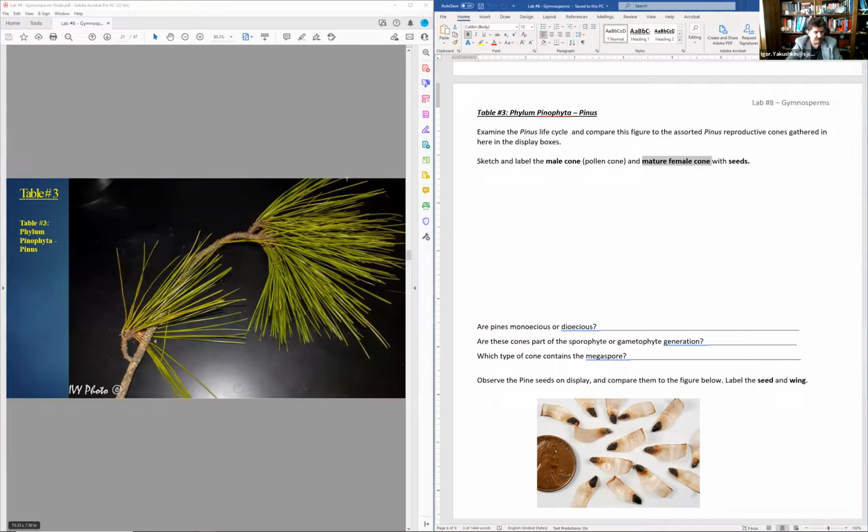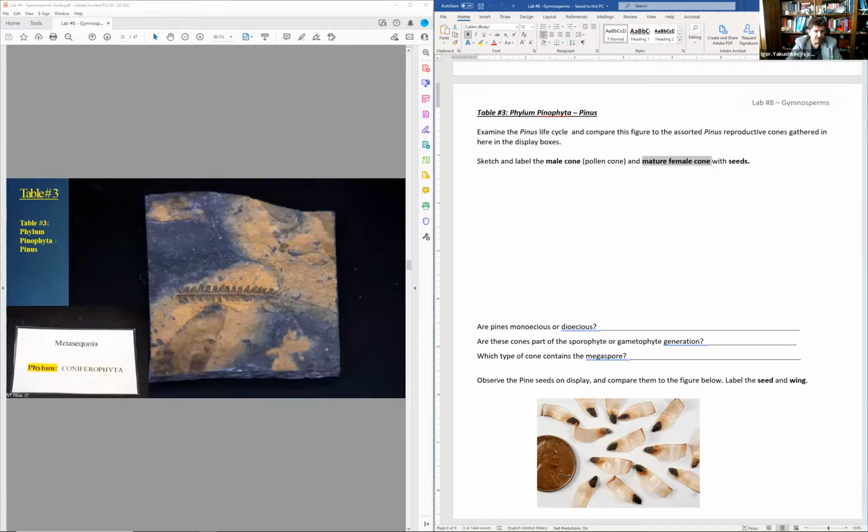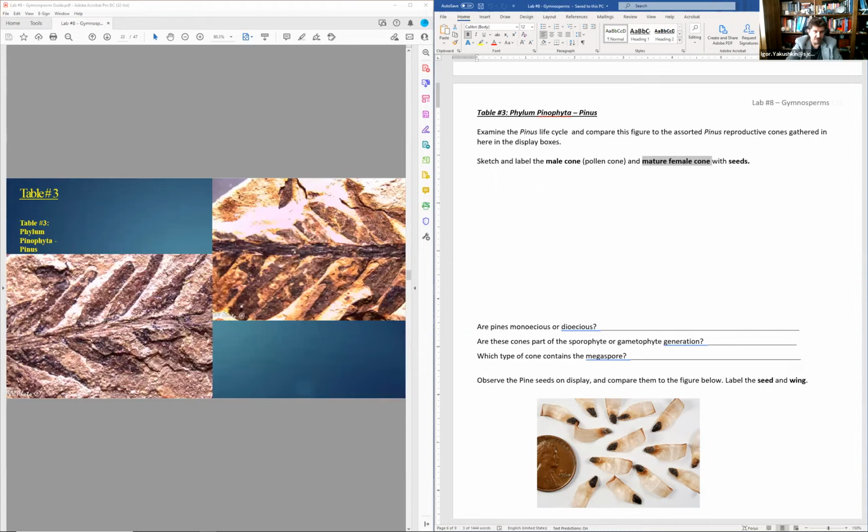Very simple. This is just the branch, as you can see in the middle, with pine needles. This is the preserved specimen of the sequoias, and those are about 60 or so million years old. Quite interesting. You can see those needle-like leaves, etc.